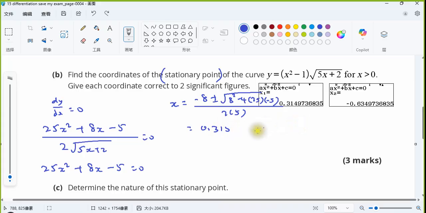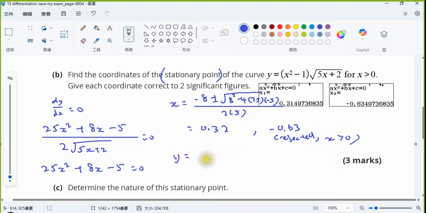No, two significant figures only. So 0.32, correct to two significant figures. And then negative 0.63, but this one is rejected